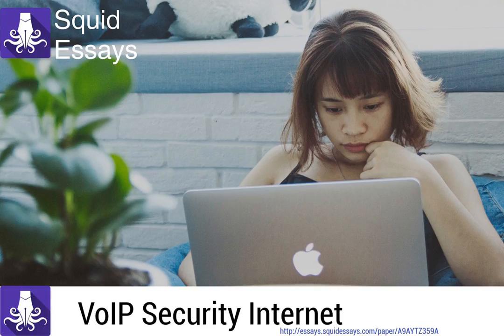VoIP security is different from normal data network security. To understand why, we need to look at the unique constraints of transmitting voice over a packet network, as well as the characteristics shared by VoIP and data networks. Packet networks depend on many configurable parameters: IP and MAC (physical) addresses of voice terminals, and addresses of routers and firewalls. VoIP networks add specialized software, such as call managers, to place and route calls.